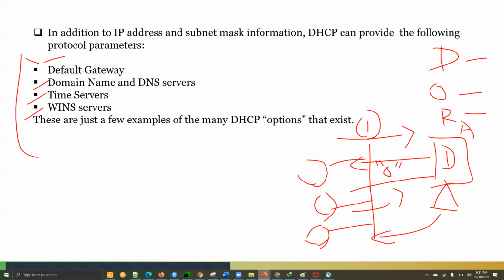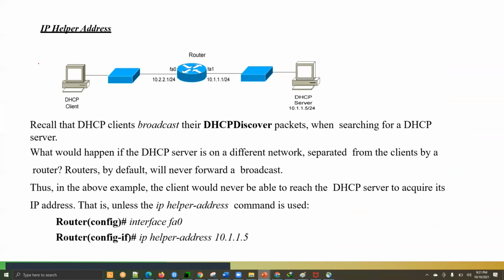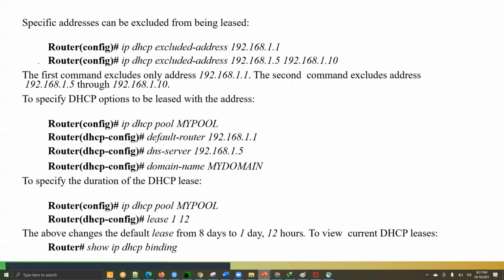And along with this, the DHCP server can give some options as well, options related to configuration, related to default gateway, DNS, time server, WINS server, etc. Okay, we are going to do a small lab, and in the lab, let me show you the diagram here. Actually, I want to use two routers,